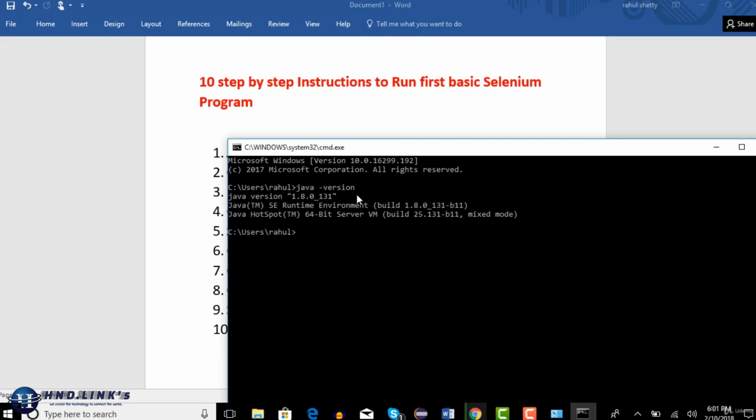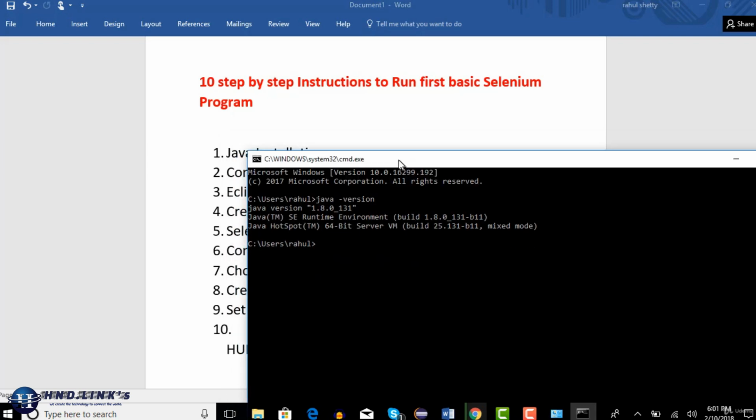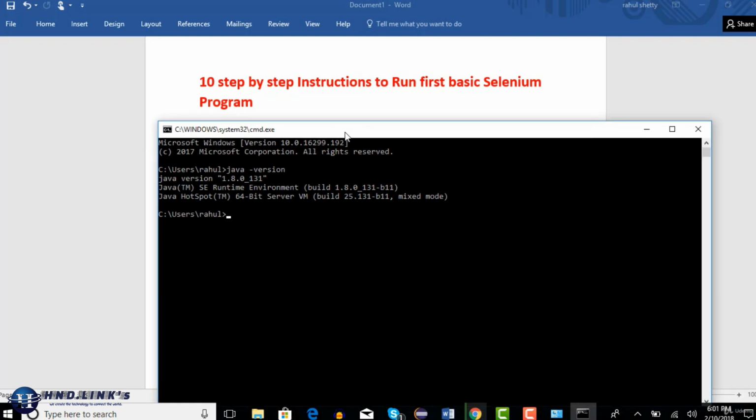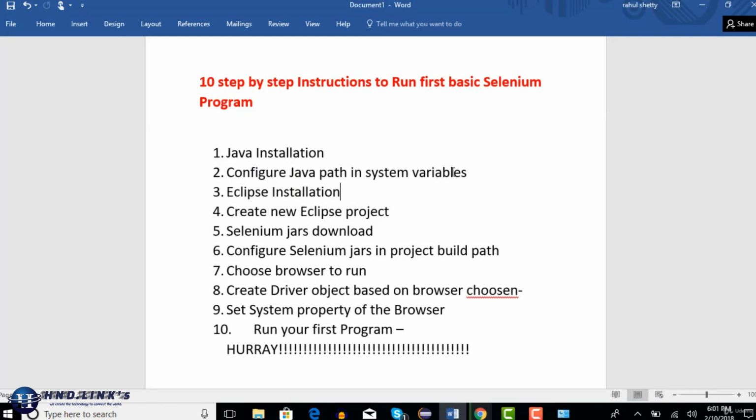This is a validation check to see if you have done it right. Java space hyphen version. Just give this command and confirm that it's working. Alright, so that's pretty much about installation of Java in your machine. In the next step, let's start with our IDE, which is nothing but Eclipse. Okay, thank you.